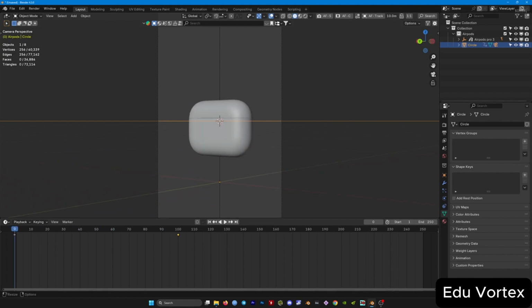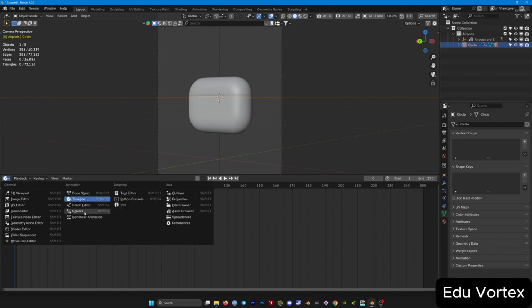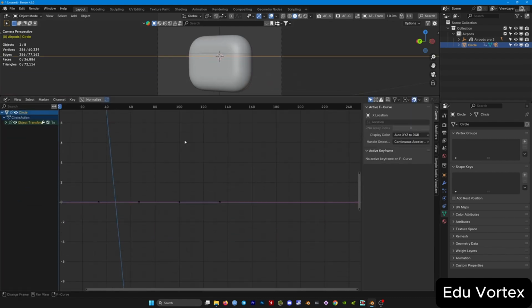Now let's create a bit of gradient or a bit more excitement in the camera animation. You might have seen in a lot of product visualizations that the camera always speeds up a bit and then slows down at the end, or it's slow at the start and then speeds up in the middle and then slows down again towards the end of the shot. To create that, we'll be working with these two keyframes. Go to the graph editor,